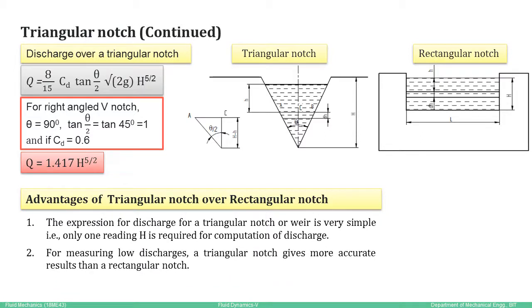And as I mentioned earlier, for measuring low discharges, the V notch or triangular notch is sometimes used as a calibration instrument for other measuring devices also. And in the case of the rectangular notch, there has to be proper ventilation so that the nappe will spring clear and not cling down the wall itself. So ventilation of a triangular notch is not necessary separately.